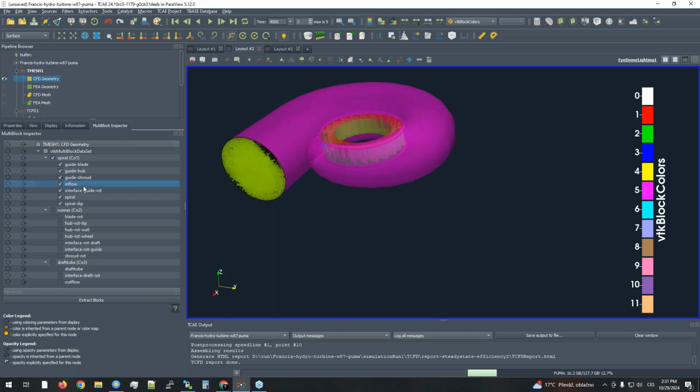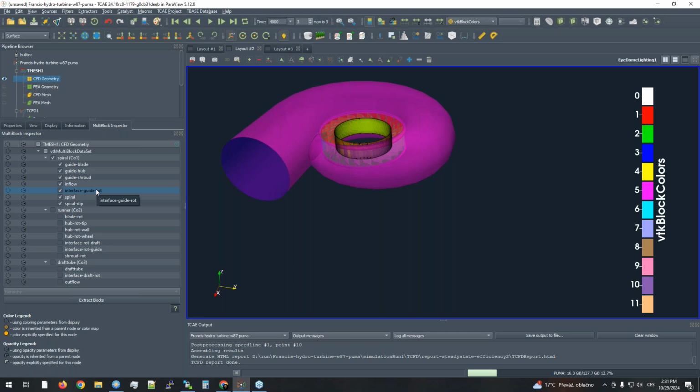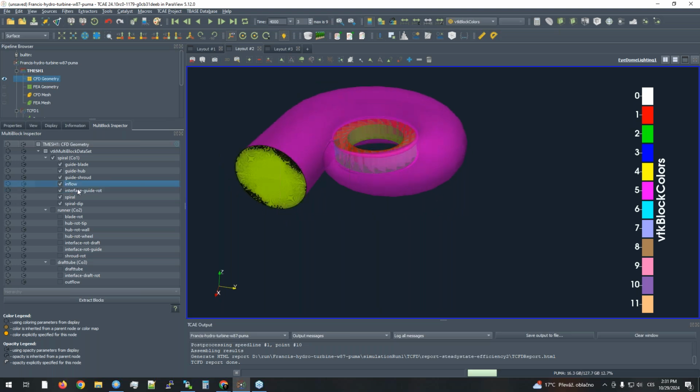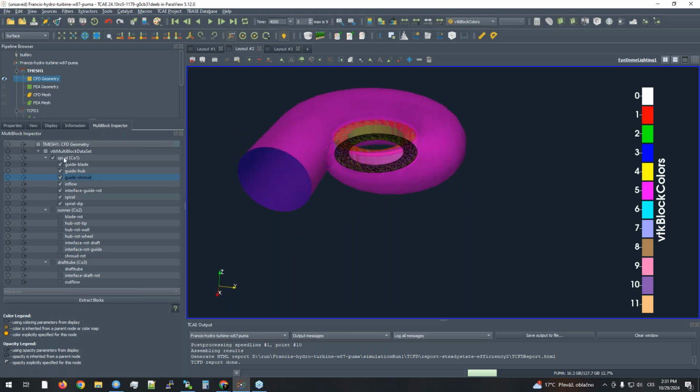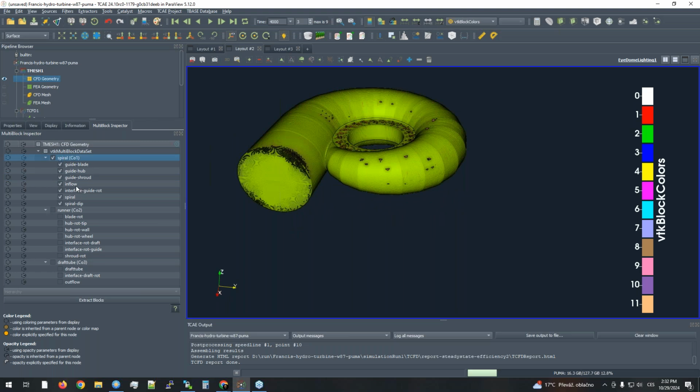So now here it's called inflow, and the interface guide rod. It means it's the interface where the fluid or water leaves the spiral and enters the rotor part, the impeller part, the runner part, for the turbines. So it's the inlet, outlet, and then solid walls, typically solid walls. It could be the spiral itself. It could be little tiny details, the spiral dip, this tank, and it could be shroud, hub, and also blades of the guide blades, I mean, and also guide hub and guide shroud. So these parts are just an example of how the component spiral can be split,